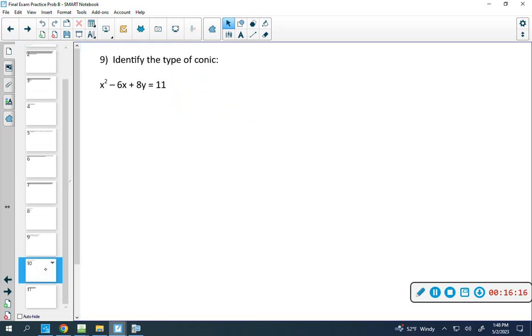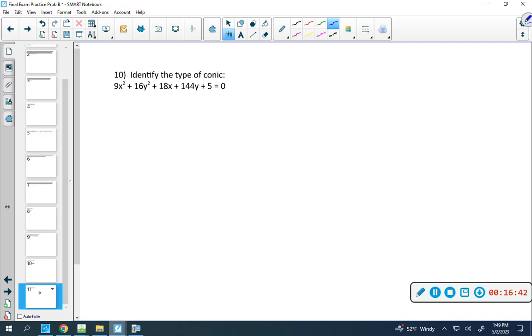We just did these. I have no clue why these are on the commonly missed list. I don't know why we're getting this wrong. 1 squared term, what sort of shape is it? Parabola. That was pretty tough. Thank God it'll be multiple choice. You won't have to spell it out in the final. Okay? What's this, guys? Ellipse. You have the 2 squared terms with different coefficients, both positive. So you should have everything